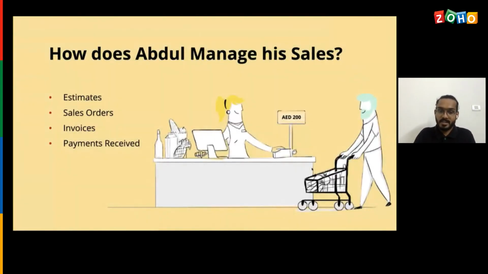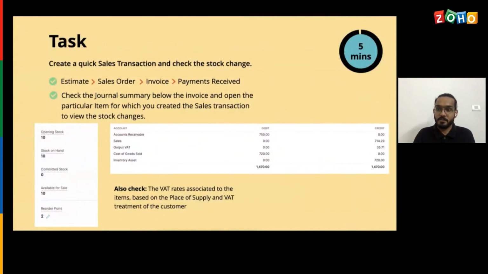Now we have a task for you. This is the task that we are going to give you, and we are going to give you 5 minutes for you to create this transaction. So you just have to go and you've started the time now. The time is running, and you can go ahead and create one. You can go to your sales section and create an estimate, or maybe you can straight away go ahead and